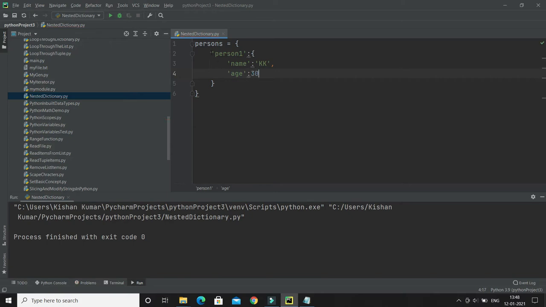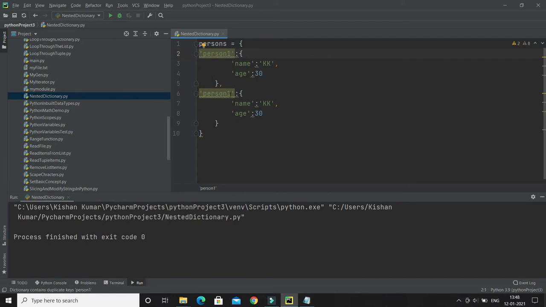Now in similar fashion we can create many other dictionaries inside the dictionary. So here you just put a comma and create another dictionary. Let's say give the name as person 2. Let me do indentation.